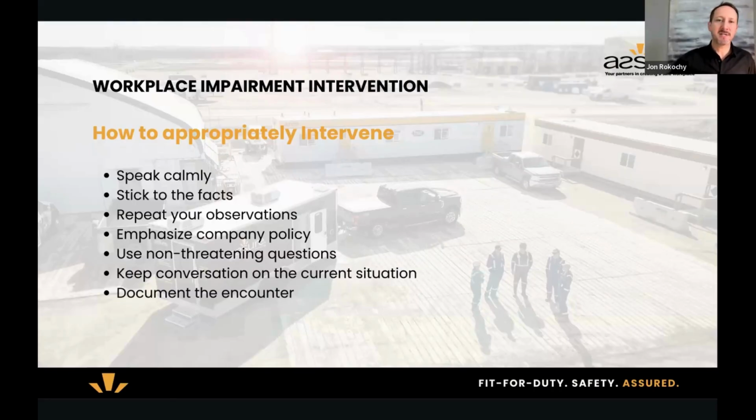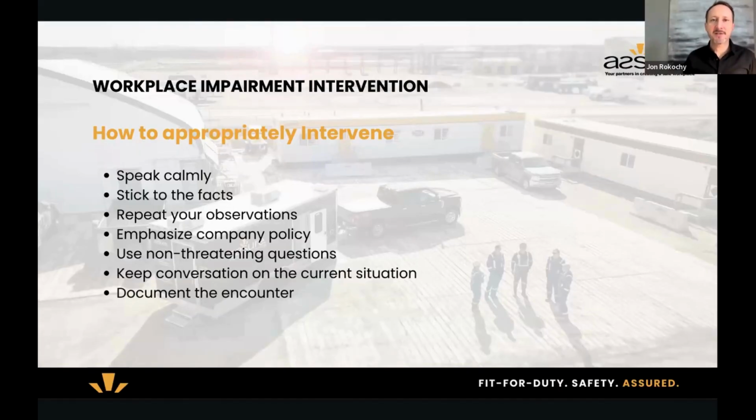Sometimes in these conversations, it can get sidetracked. The employee might want to bring up something else. Well, no, I smell like alcohol because I just didn't sleep well last night. You might hear stories. Some of them might be true, some might not. And so in these situations, a lot of times we're wading through what's the truth. And again, that's why you want somebody else to be with you and back you up.